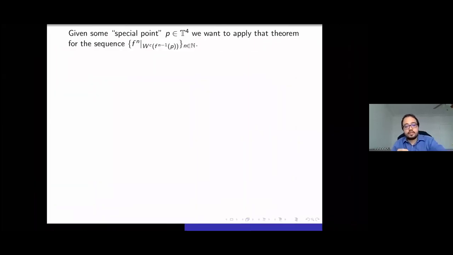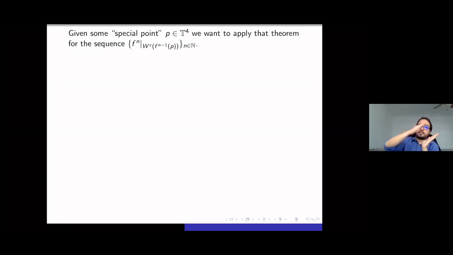So the idea is that the theorem is for surface diffeos, but now we want to construct stable manifolds. We know that we're in T4, and in the hyperbolic part we have good size of these things. So we only care at this moment about measuring the size of what happens in the center direction. If you give me a point and I look at the dynamics along the center manifolds, they are just the fibers of this system. They're just the two torus.